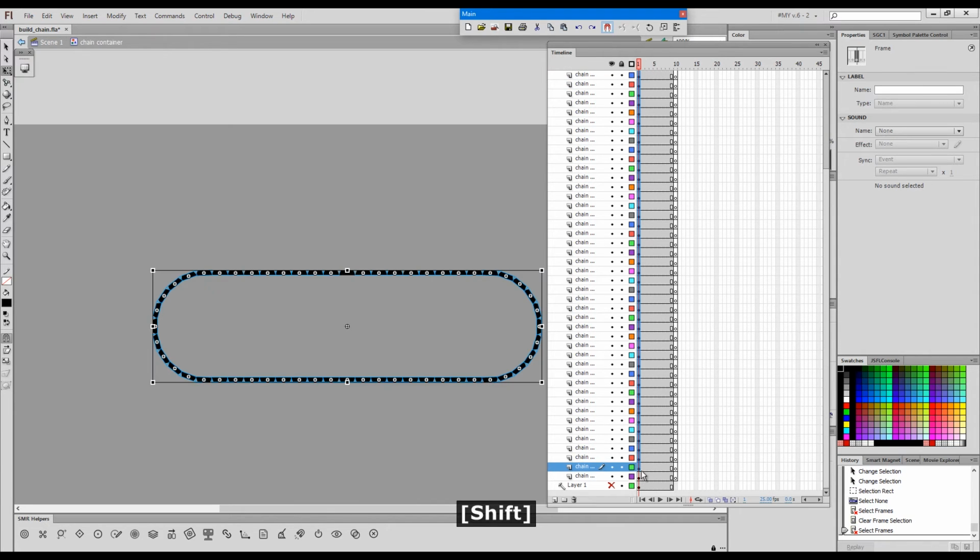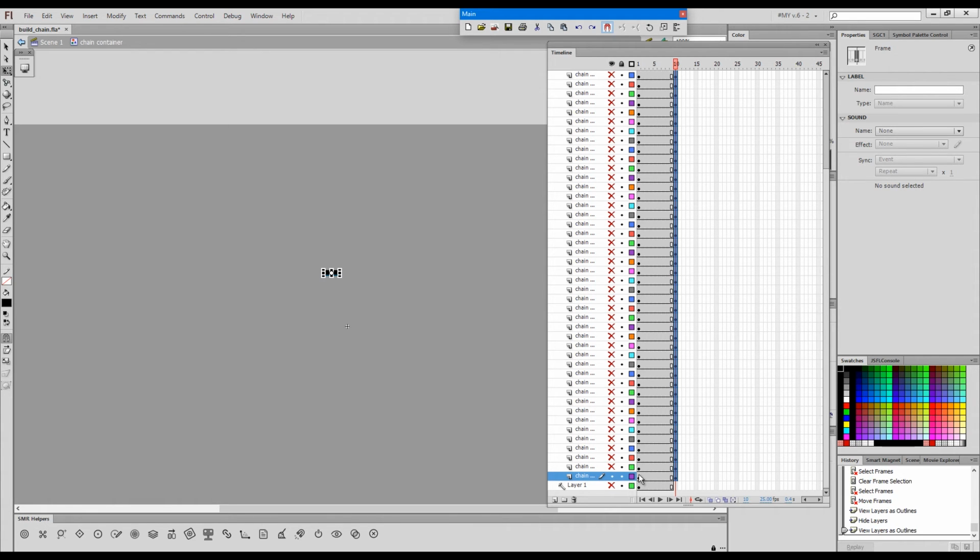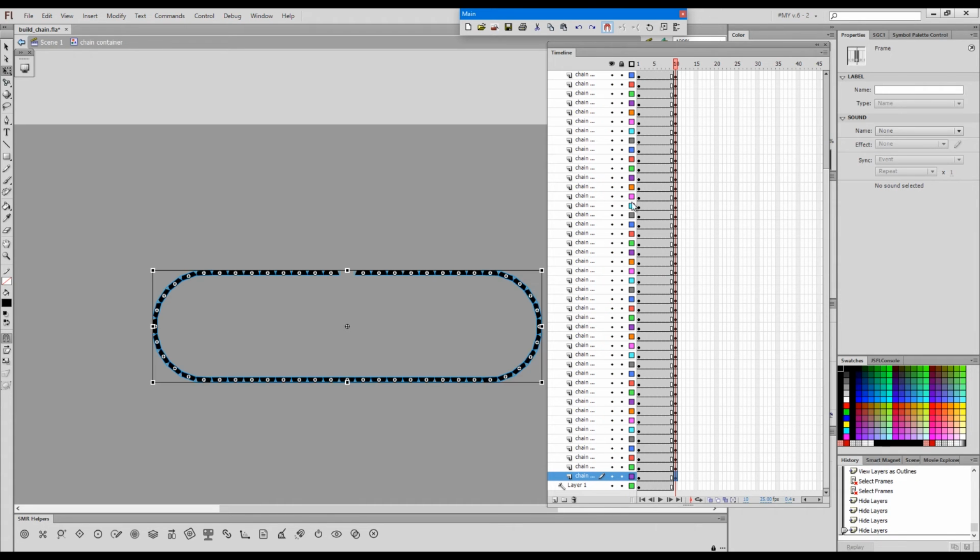layers except for the last one and alt drag these keyframes, moving them one layer down, so that if we isolate one of these elements, you can see now this will become this. So one of the elements will travel to the left. Okay, so the last thing is to grab this one and drag it, alt drag it, to fill in this